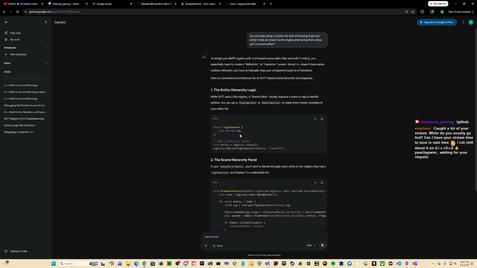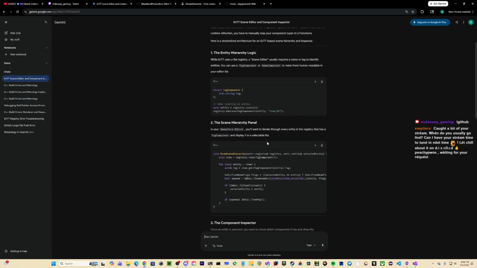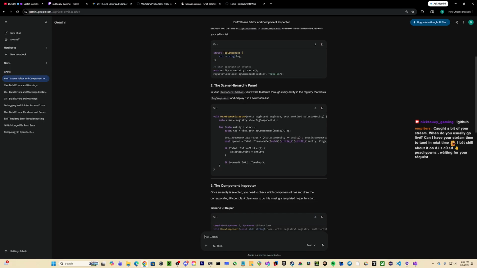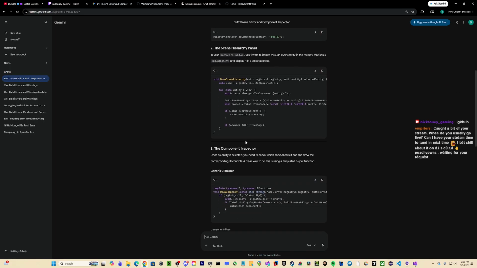Whatever code it spits out. Entity tag component. In place tag component entity. That's creating the entity though. Draw a scene hierarchy is what I'm looking for.